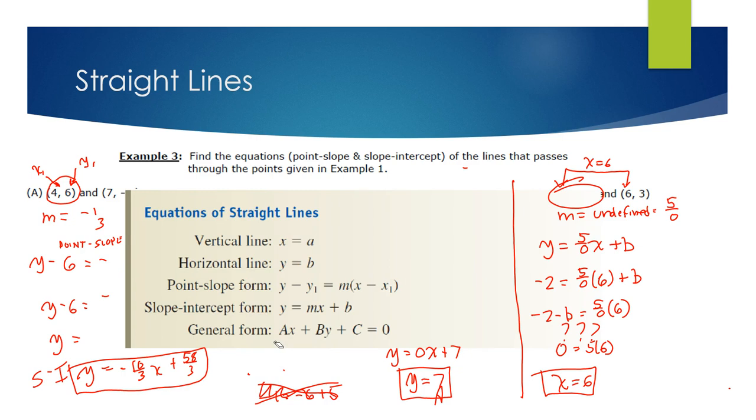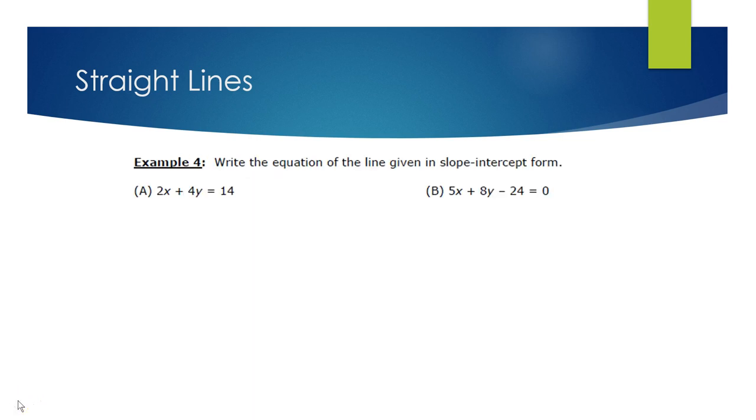So basically, to sum it up, a vertical line always has the form x equals some number. A horizontal line always has y equals some number. And the point slope form, slope intercept form, and general form are ones that we've already talked about. So now, one of the things about expanded form, which is general form, whichever you want to call it,